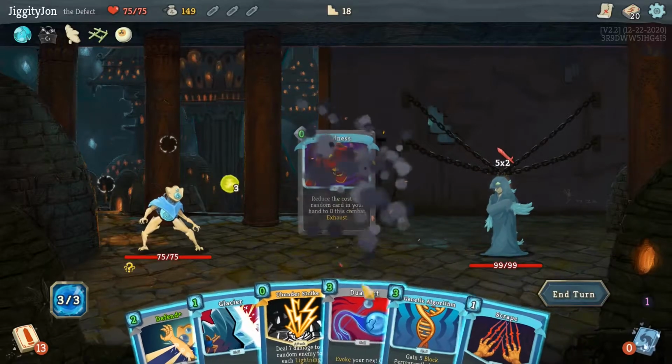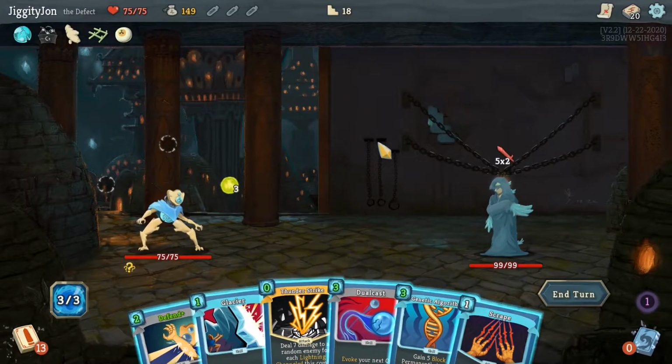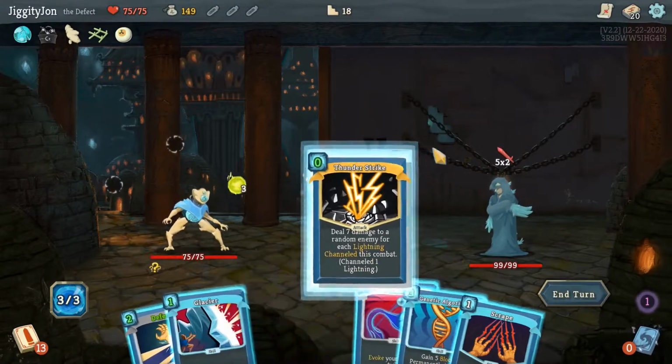Yeah, sure. Oh, nice. Damage. To a random enemy for each lightning channel this combat. So can I channel any lightning this? No. But,